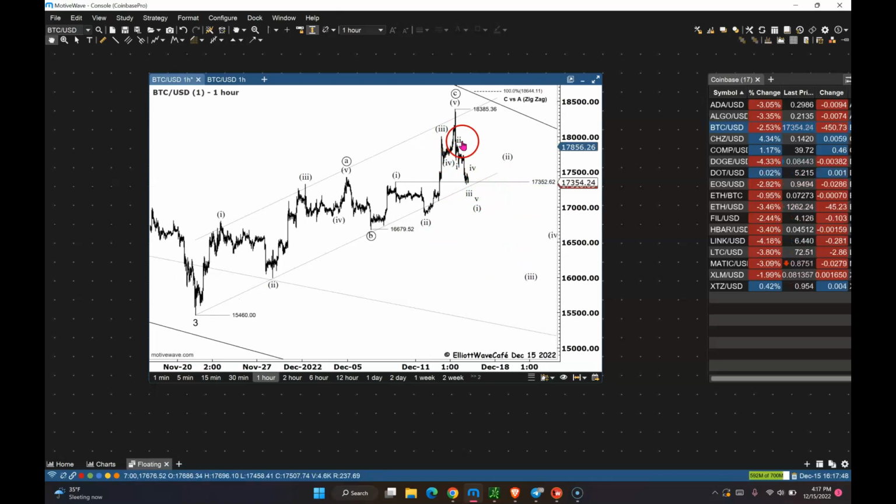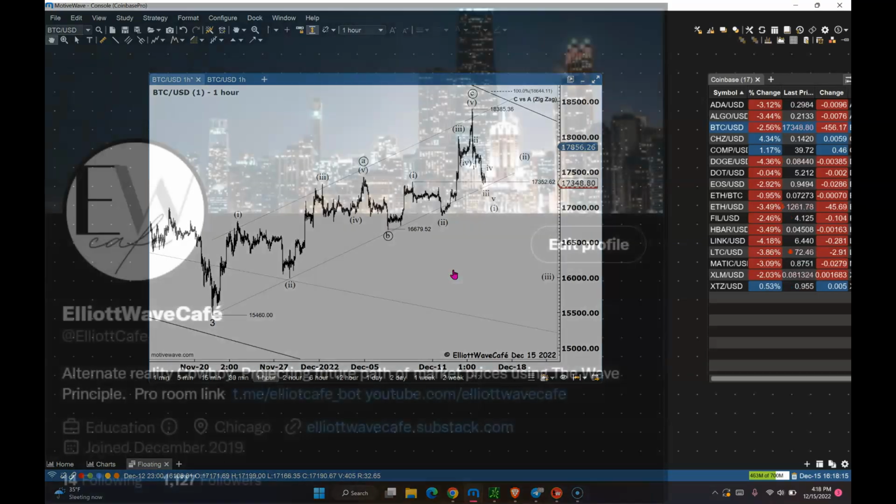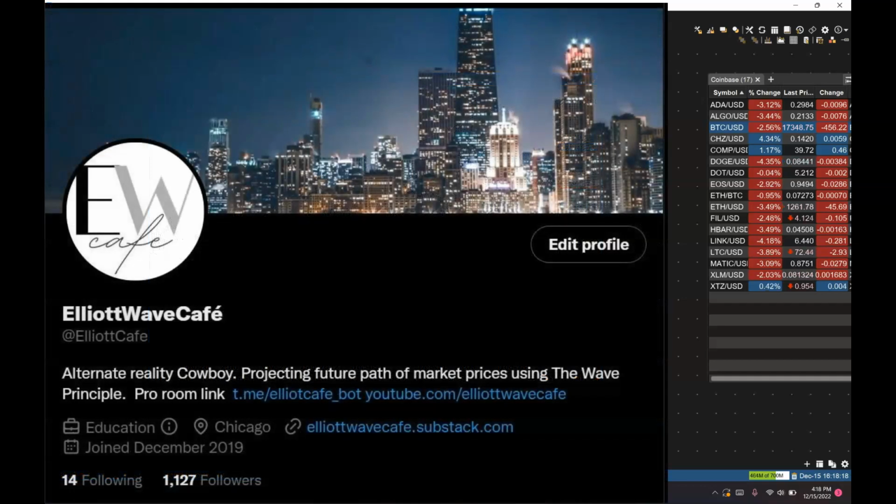So watch these levels, watch any fib pullbacks and how they react, and then we'll continue to trade it, minute by minute, hour by hour, and see what happens with this market. All right, we're following along. I think so far we've been pretty okay in looking at this correction and identifying some of this stuff. It's not always 100% perfect, but I think Elliott Wave continues to give us a pretty good roadmap if we're trying to stay rational and look at the counts and the waves and the language that it's trying to tell us.